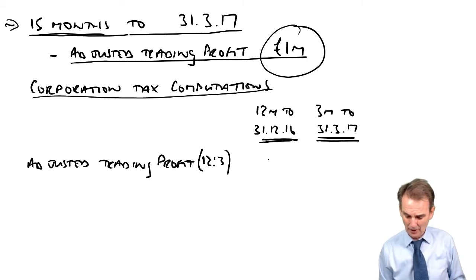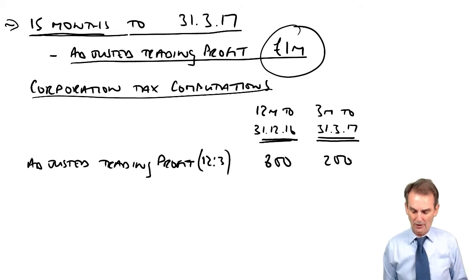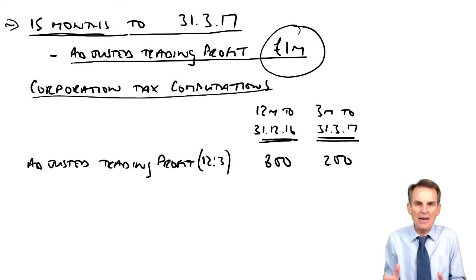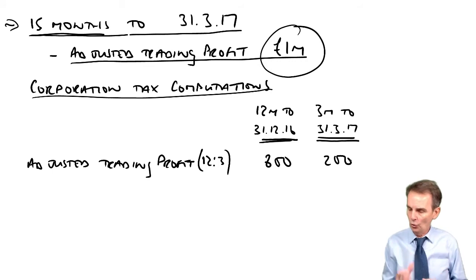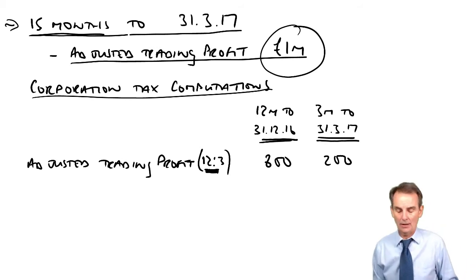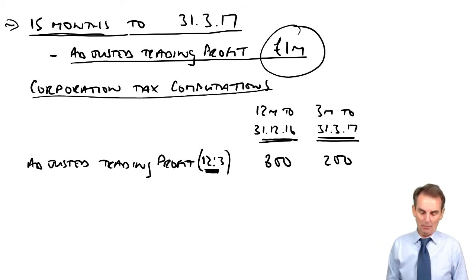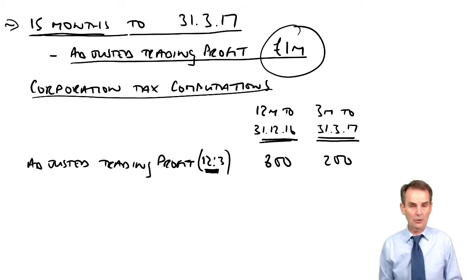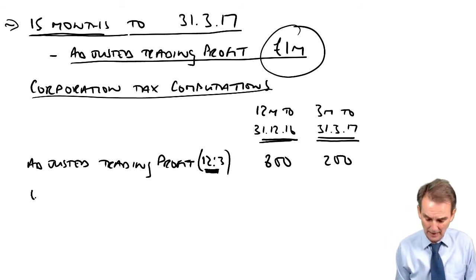That therefore is going to be in thousands, 800,000 and £200,000 respectively. So one adjustment of profit statement for whatever is the period of account, normal rules of add backs and deductions, get that figure for the long period, and then time apportion it based on 12 months to whatever length of time the short accounting period may be. Here it was 3 months. We would then